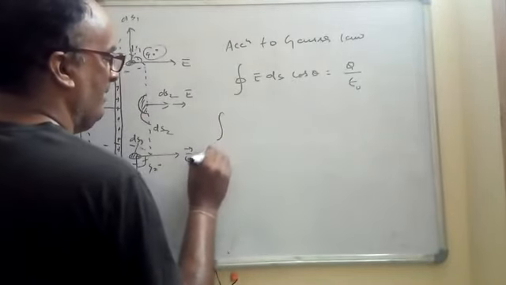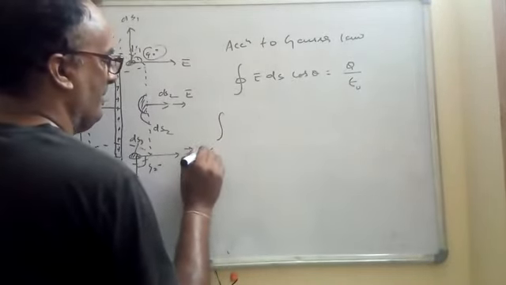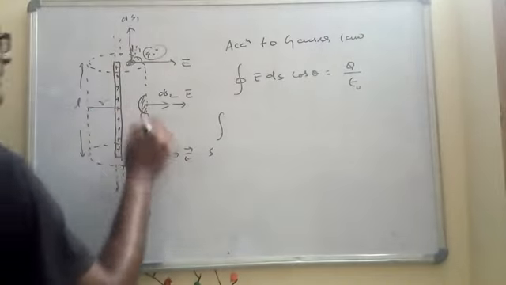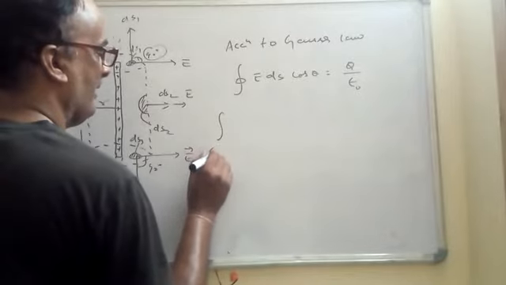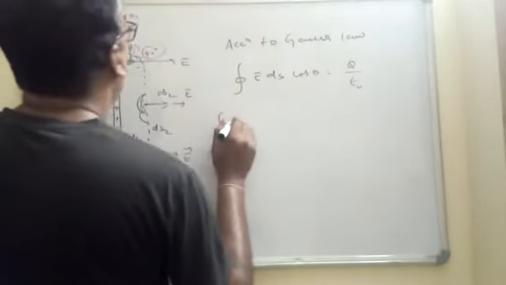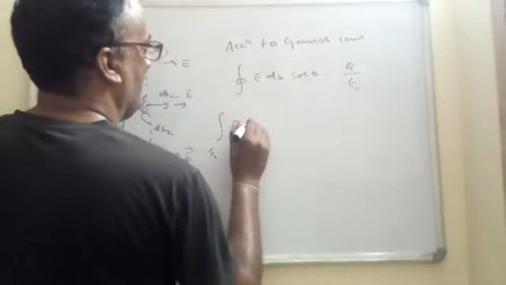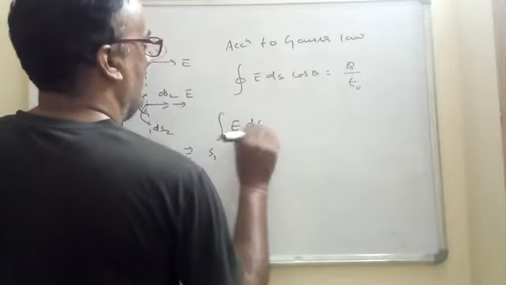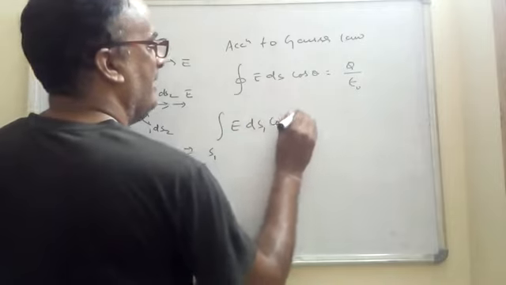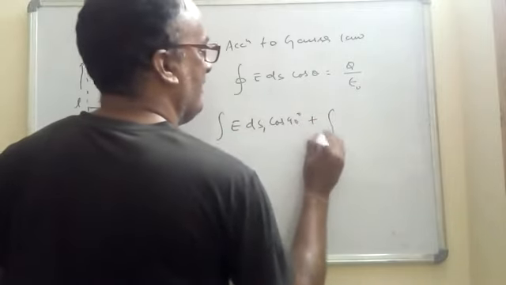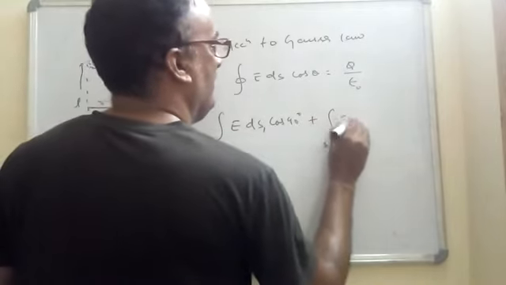Number one, this is your S1. So for your S1, we take E ds1 and cos 90 degree. Plus for the second, for S2, we have